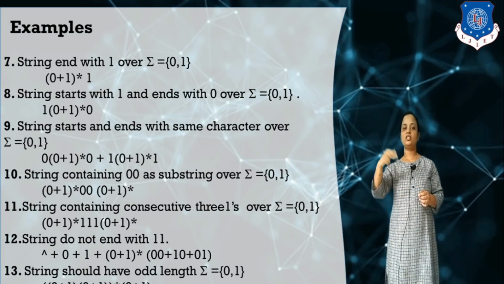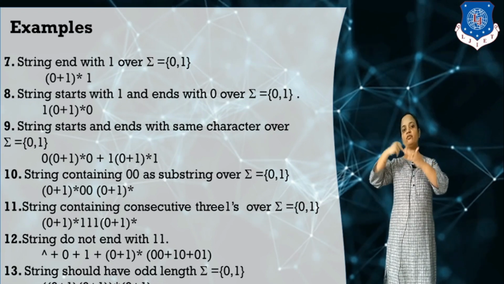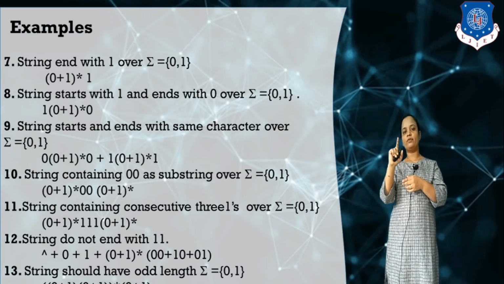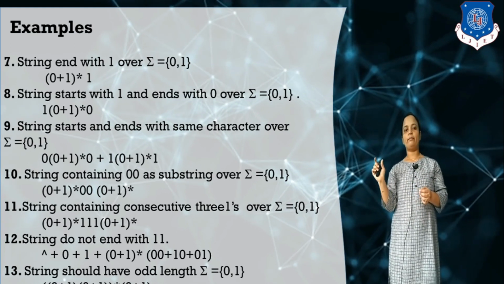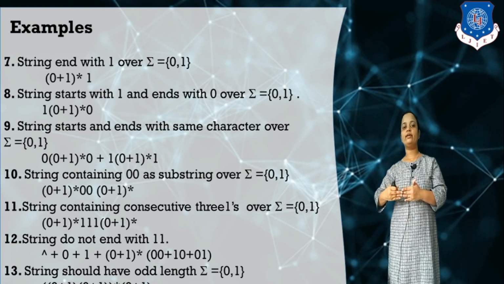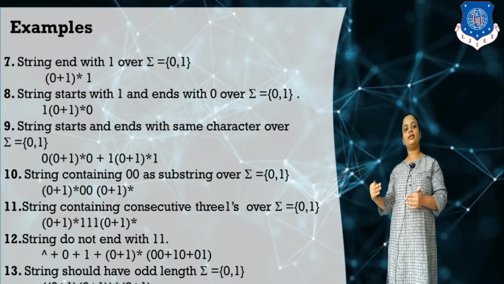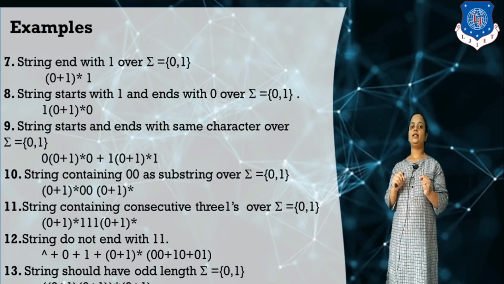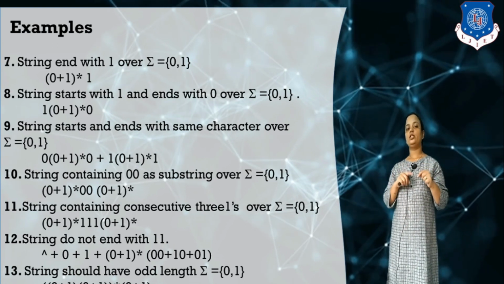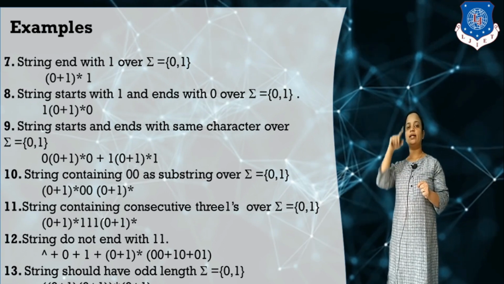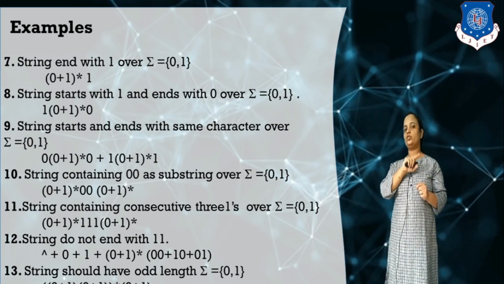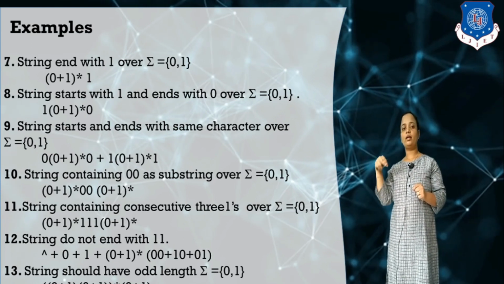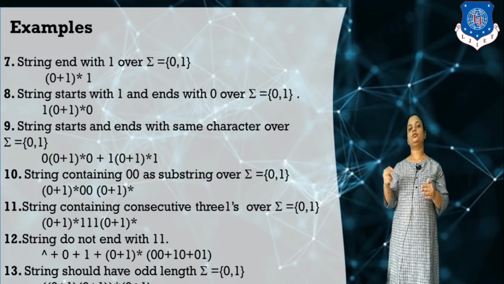So the two terms are repeated 0 or more times, and whenever these two terms appear, they are combined with the last term, which appears a single time and is not repeated. It means that whenever I generate a string, it is compulsory to take the last term. In the last term you can take 0 or 1. Like triple zero: in the two terms I can pick up 00, and the star is repeated one time, so 00 dot 0. Or in the last term I can pick up 1. Triple zero: 000.